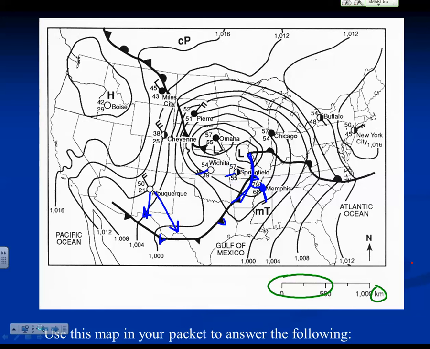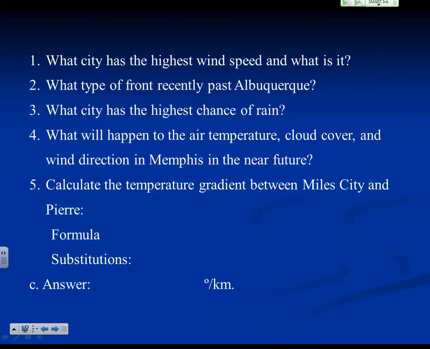All right, now let's bring everything to the next page. So we have a distance of 500 and a temperature change of 7 degrees Fahrenheit. So our formula: gradient equals change in field value over distance. And substituting, remember our temperature goes on top, 7 degrees Fahrenheit change, and the distance is over 500